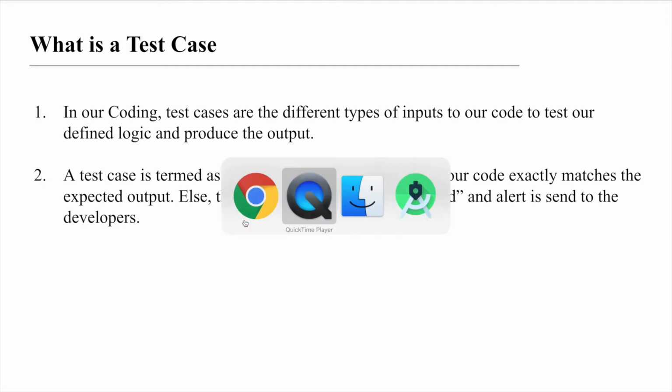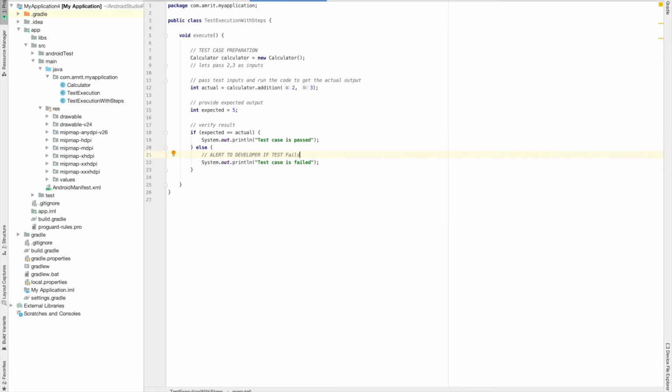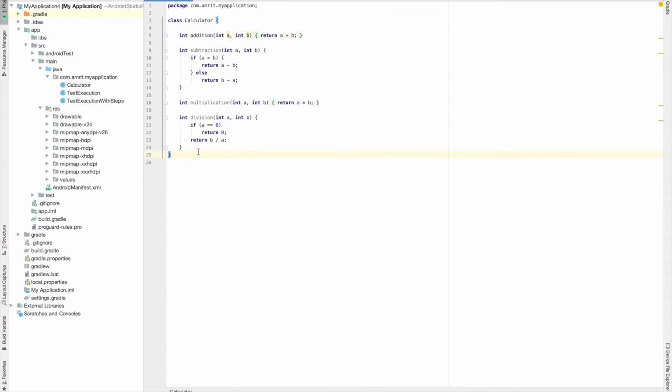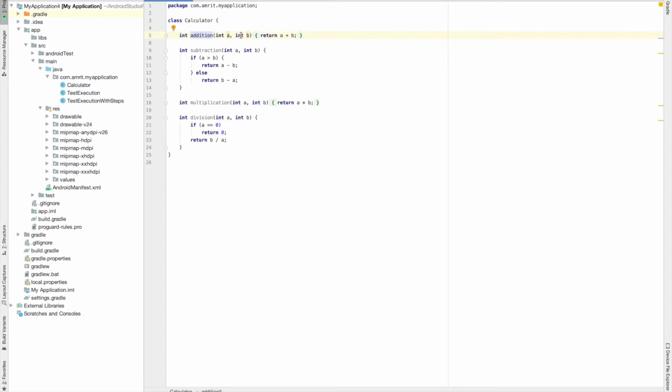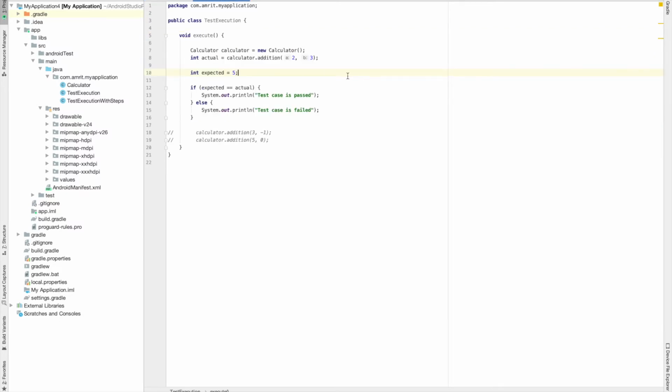In the last tutorial, we have seen the calculator class wherein there are four methods already present for the mathematical operations. From this tutorial's perspective, let's just focus on the addition method, which accepts two parameters and returns the sum. In order to create a test case for this addition method, I have to create an object of the class. I have to consider two inputs like 2 and 3. I will pass them to the addition method, and since it's an addition, I will expect that it will give me 5 as the expected output.